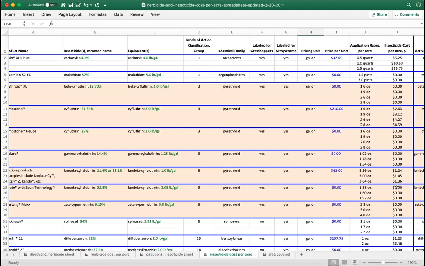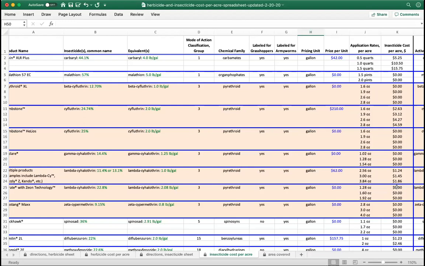Now, in some situations, for some people, carbaryl might be the way to go. But this spreadsheet helps us to make economical decisions as part of our overall pest management plan. Obviously, we need to select a product that we have the ability to purchase because we have a license, so we can buy that product and use that product. We also need to make sure that it's labeled for our pasture or for our hay meadow to actually safely use in those environments. And then make sure it will actually control the pests we're trying to control,